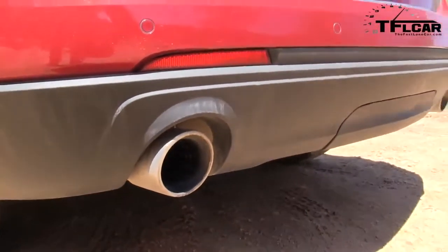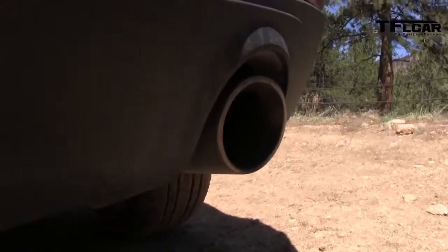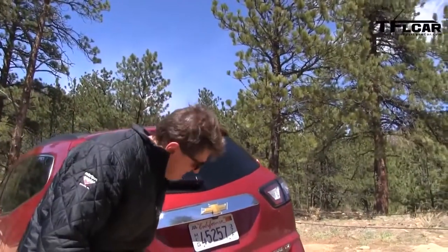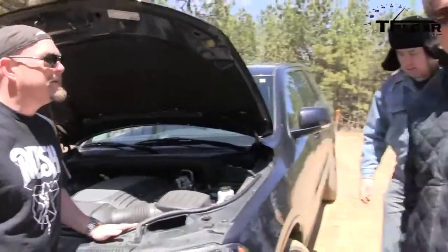It's so much more invigorating than the way his sounds. Hear that sound? That is the sound of, well, that's the sound of fuel economy. Yeah, I gotta agree, the Hemi's a lot better. That's, yeah, not good. And you know what? Off-road, it doesn't really matter because...